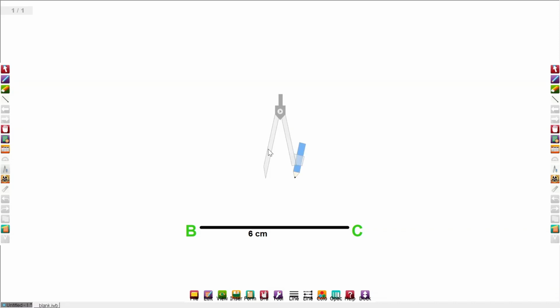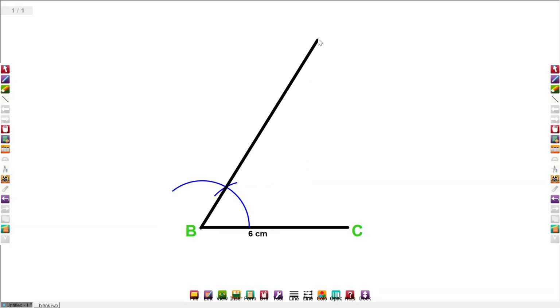For that purpose, we take a compass and locate the center of the compass at the point B and then draw a circular arc that just touches BC. Do not change the radius. Locate the center of the compass at the intersection point of BC and the circular arc and then draw another circular arc. Join the point B to the intersection point of the two circular arcs and we obtain angle B that measures